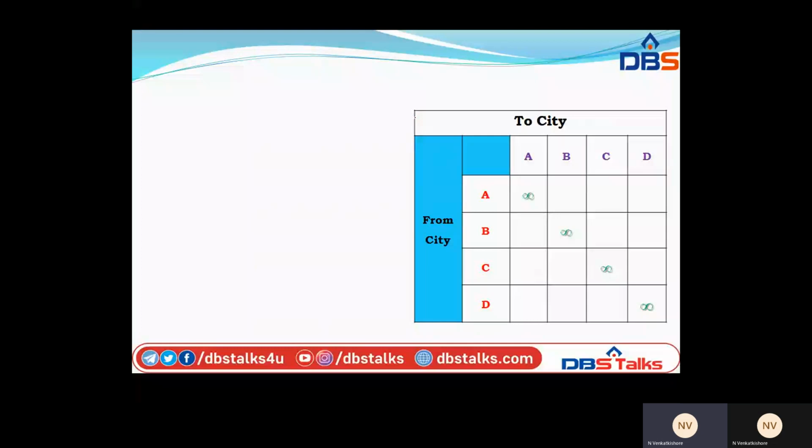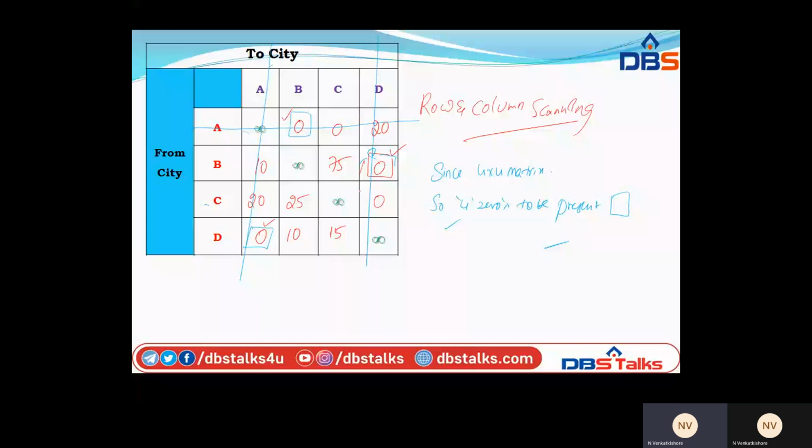What are the undeleted values here? The lines we are making in this table, those are all called deleted values. No line was presented or touched in these cells. If you see here, 10, 25, 75, 15, these four values were kept aside.